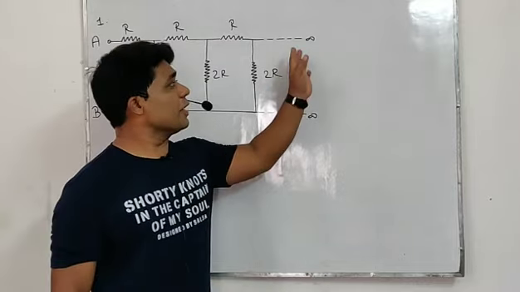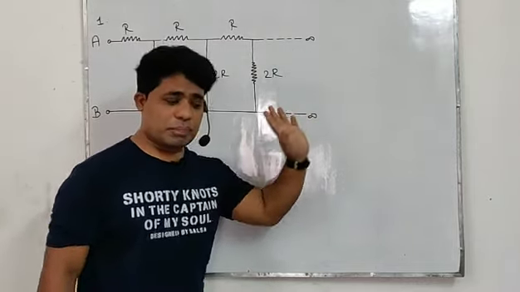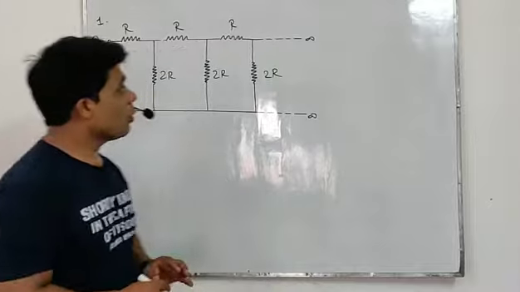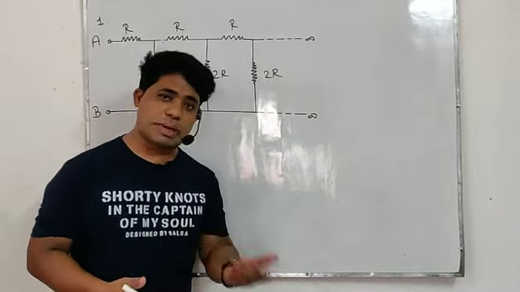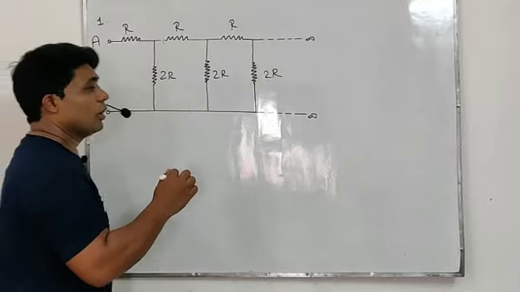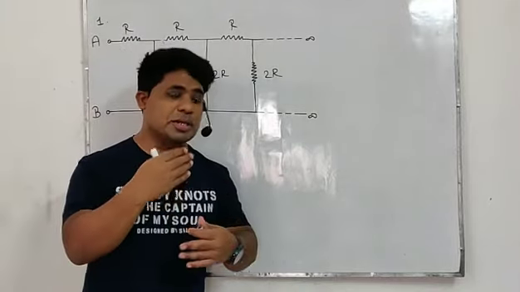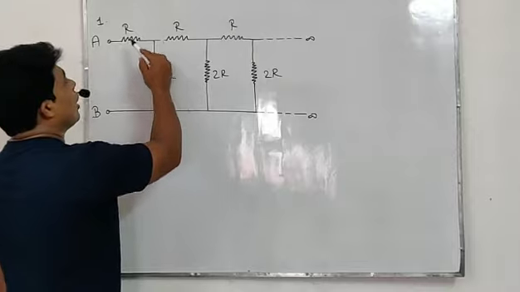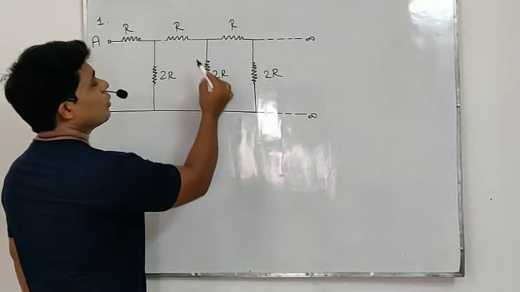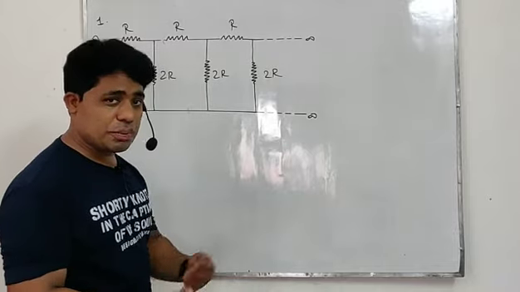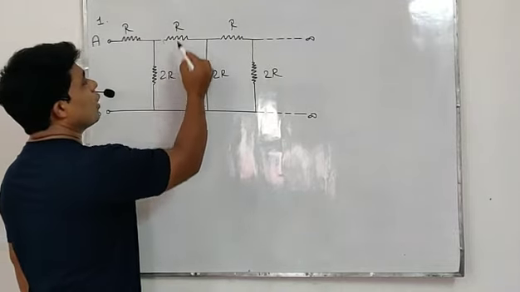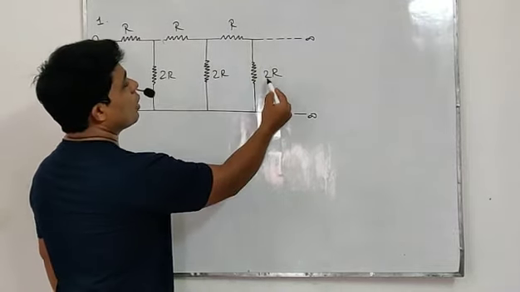Okay, the circuit is leading till infinity. That is a technical question. For solving such types of questions we have to use some techniques. Look at students, we have to find the repeating circuit: R 2R, R 2R, R 2R. So what is the repeating circuit? R 2R, R 2R, R 2R.